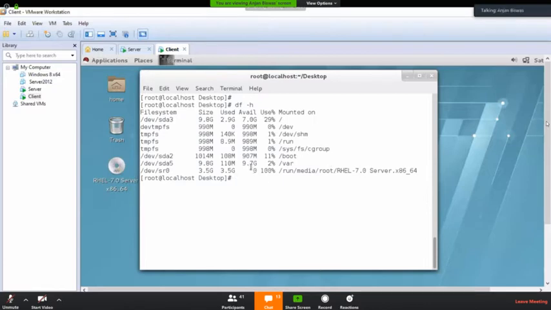That is through the command df -h. You can understand that your hard disk is /dev/sda. So what is /dev/sda? I told you that Linux detects all the devices, including hardware devices, as a file. And this particular file